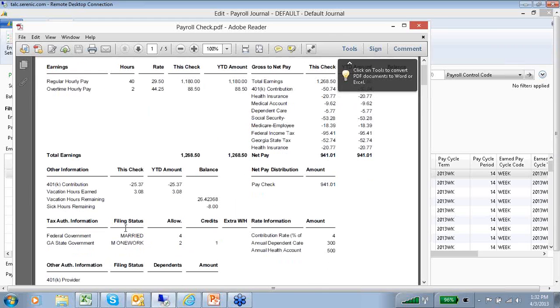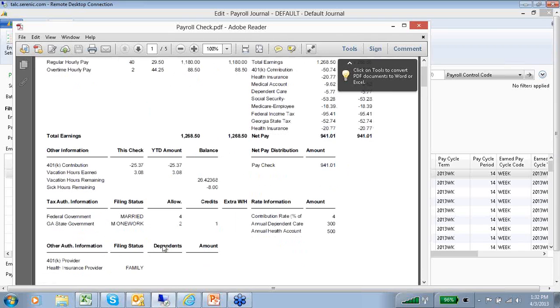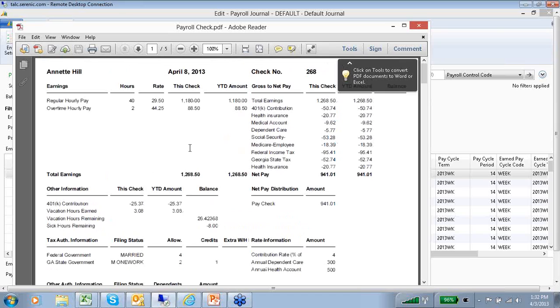So the tax authority information and other authority information, this is information that I chose to print. Those are the two buttons that I clicked off on, as well as giving me all of my gross to net pays, all of my other information as far as my balances. Each company can determine exactly on a pay control by pay control basis what gets printed on this check stub and what information. So whether it's going to be the balance plus the year to date, or balance plus the current, whatever the case may be,